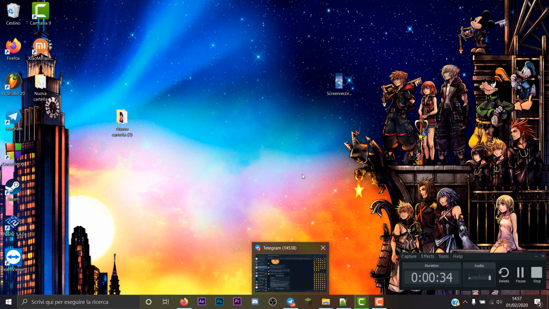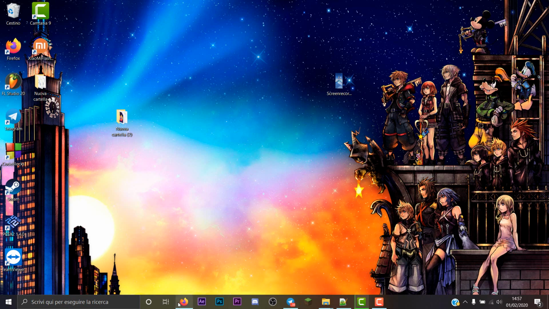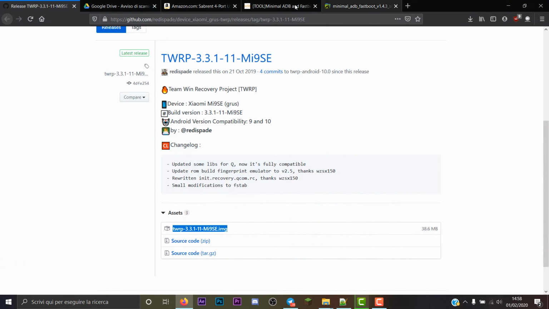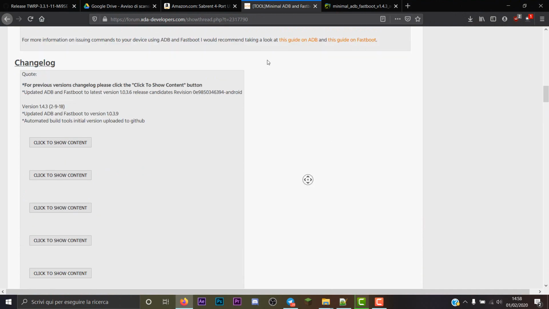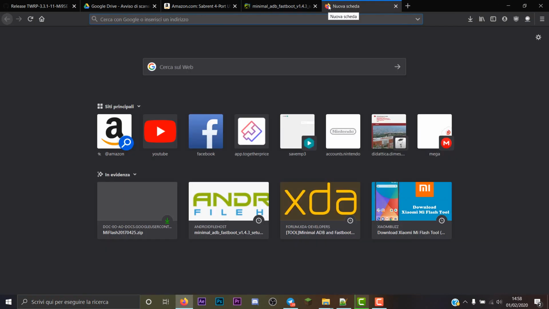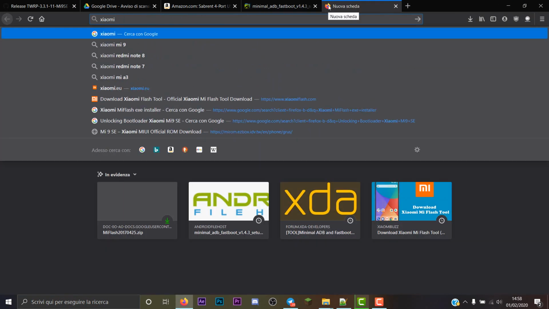So now, as we were saying the last time, we are in the TWRP. So we did all the passages we had to. So what should you do now? I'm going to teach you how to install a custom ROM on your device. And in order to do that, I'm not going to use the XDA thread of the Grus anymore, which, as I want to tell you again,